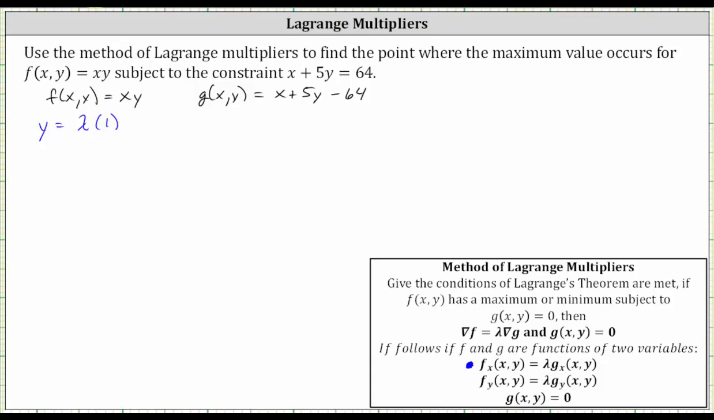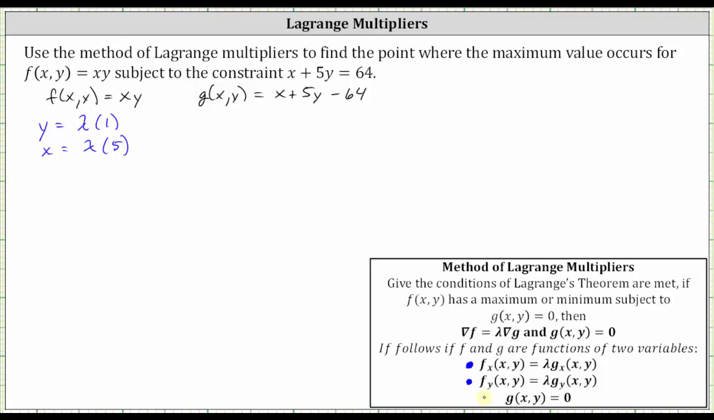And then for our second equation, we have the partial of f with respect to y equals lambda times the partial of g with respect to y. To find the partial of f with respect to y, we differentiate xy with respect to y, treating x as a constant, which gives us x times 1, or x. We have x equals lambda times the partial of g with respect to y. To find the partial of g with respect to y, we differentiate x + 5y - 64 with respect to y, treating x as a constant, and therefore the derivative with respect to y is 0 + 5 - 0, or just 5. And our third equation